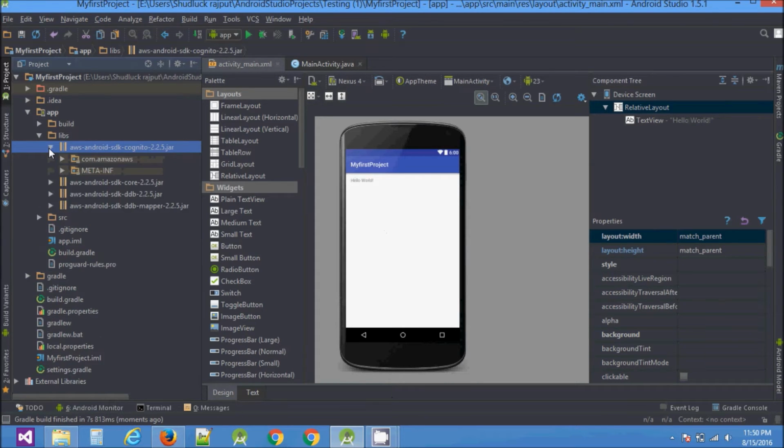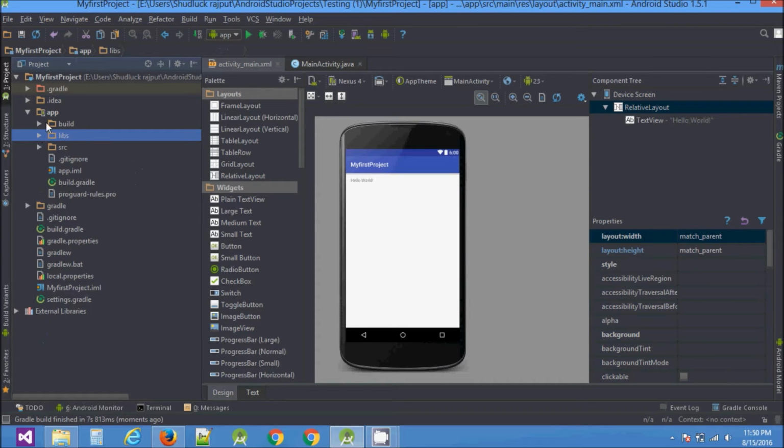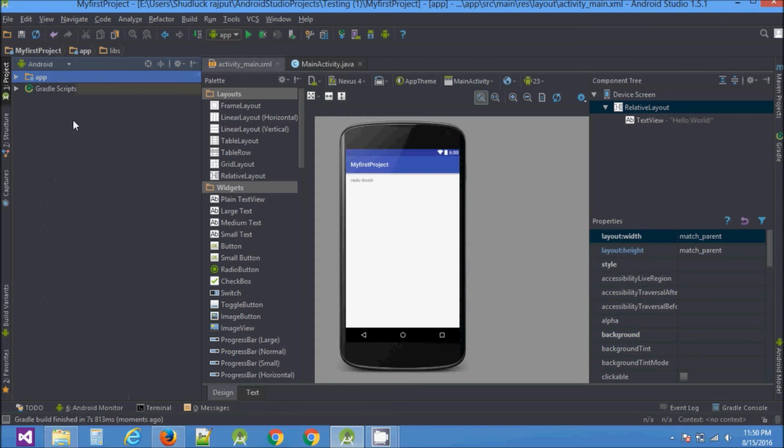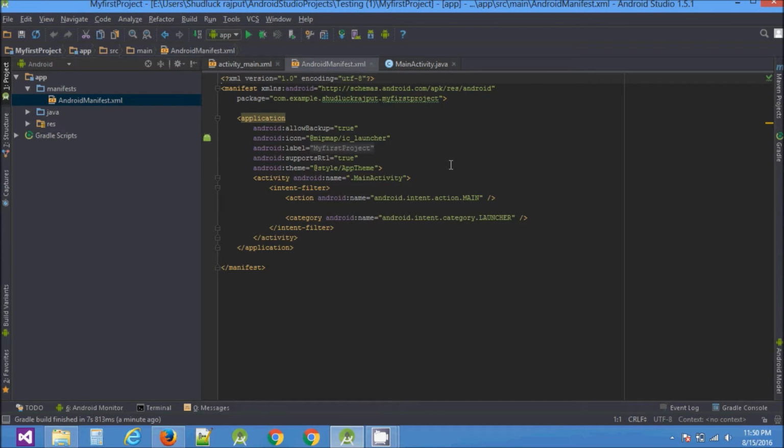As you can see, now they are added to our project. After this, let us open the manifest file. I'll go into the Android mode. Nice. Android manifest. Here we will be putting our internet permissions, as we will be using the internet in our project, so we will add it later.